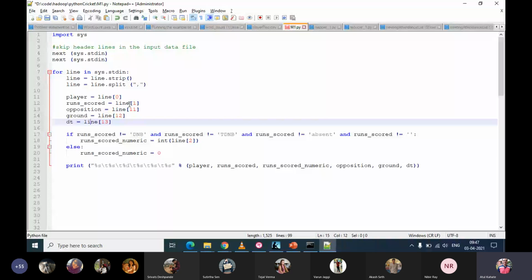And if it finds that to be numeric, only then it checks whether it's a century. I'm not saying either of the approaches is wrong, or you can even check that in the mapper itself. So here itself, after you parse this, check whether the runs scored field is numeric, and only if it is numeric, write it out for the reducer. Otherwise, simply skip it and don't do anything.